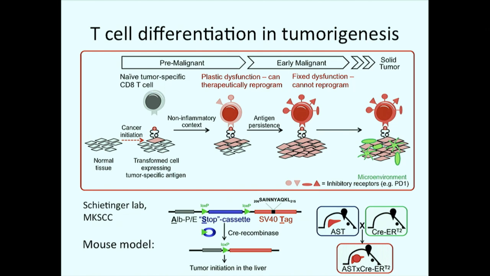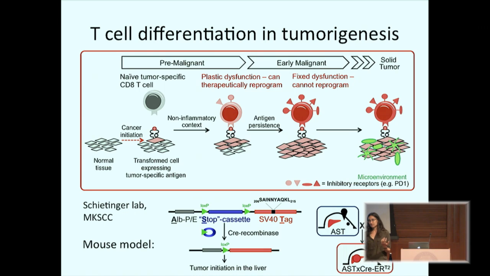And she characterized functionally that there are two discrete states, okay? So early on, you have a plastic state. So the T cells are dysfunctional, but you can still rescue them with immunotherapeutic strategies. Okay, so for example, PD-1, or you can expose them to IL-15, a cytokine, and you can rescue their function. All right? But a little bit later, in the fixed dysfunctional state, they can't be rescued anymore. Okay, so the same trick you used to rescue them earlier doesn't work anymore.